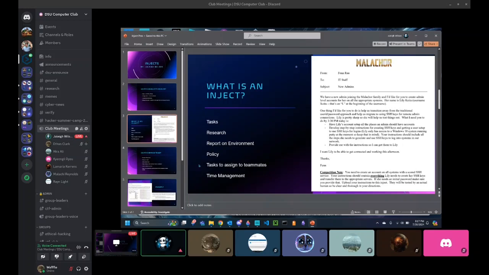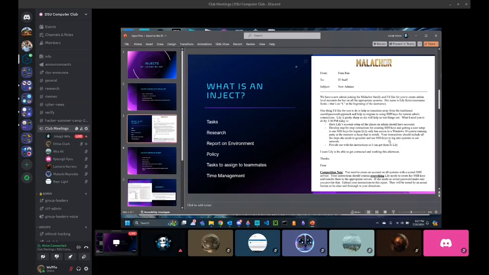The example I have here is a new admins inject, which is an example of the types of ones where you assign tasks to teammates. So this one is asking to establish SSH keys for a new admin and an account for that admin on all of the SSH services we had in this particular system.